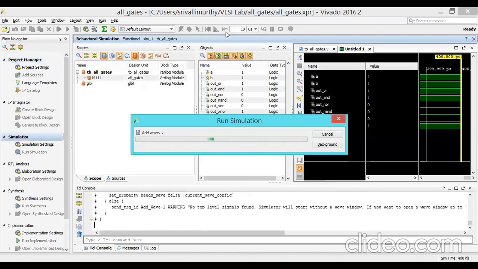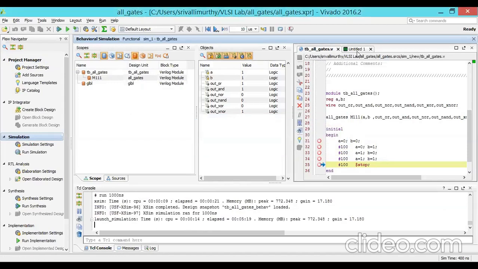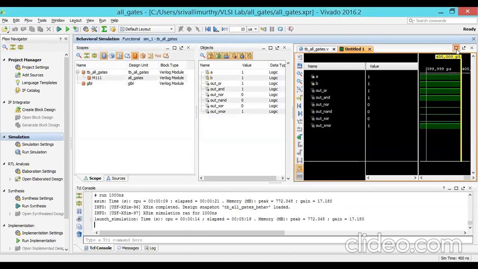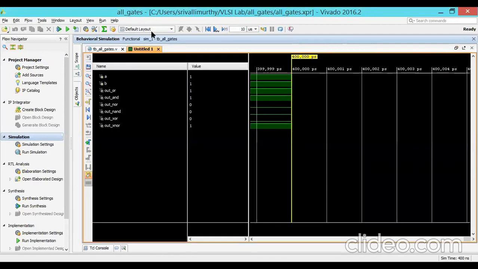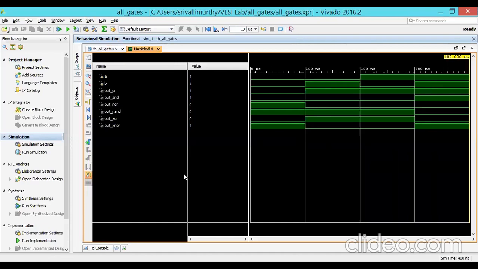From the design program and the test bench program, we are getting the waveforms. Now, just zoom these waveforms. View, Zoom Fit. Yes, zoom fit. Now you can observe.